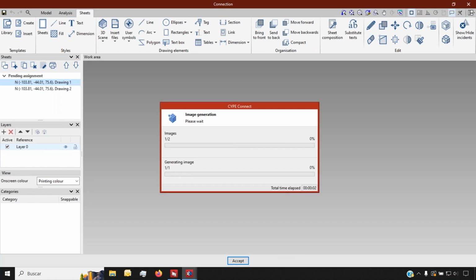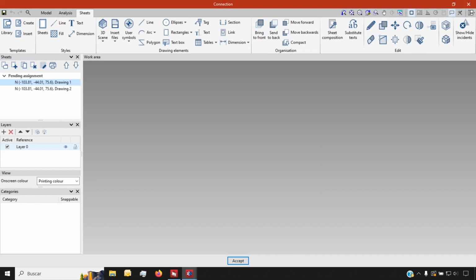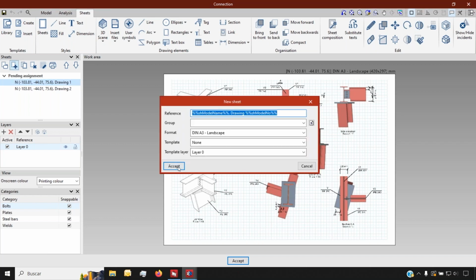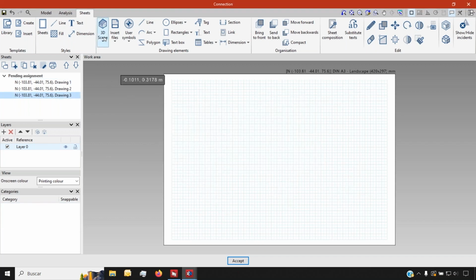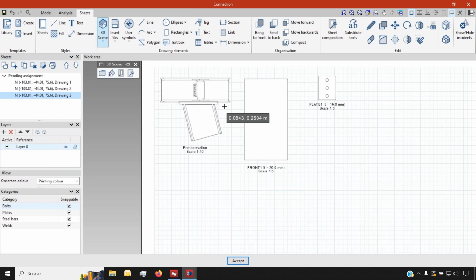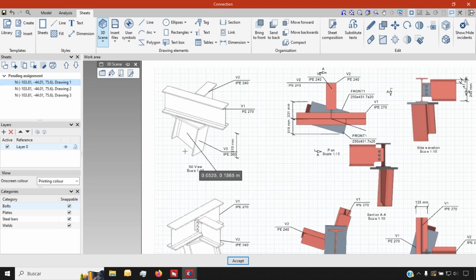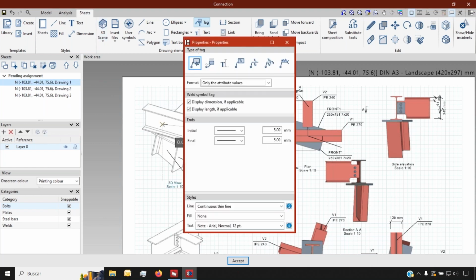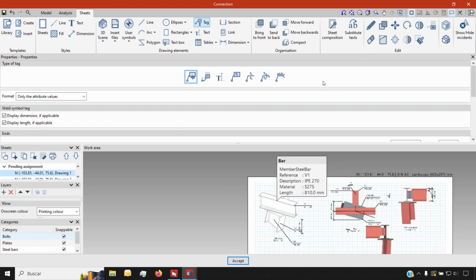And this is the only tool in the market that can also generate automatic drawings for these kinds of joints. As you may imagine, we're working with custom joints, so there are no predefined views, so to speak, that we can use. But it's very simple to do so. You could create a new sheet like this one, and we could insert some predefined views like the ones that we have in here. So it's just a matter of populating the drawing with things like, for example, smart tags, which read all of this data off of the BIM model,